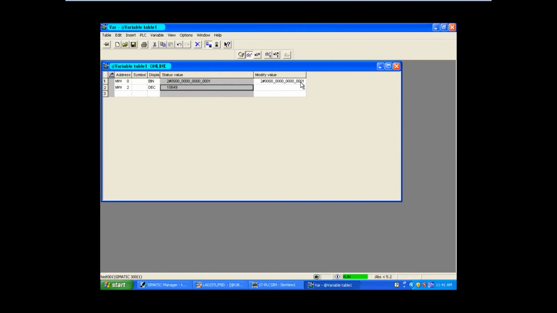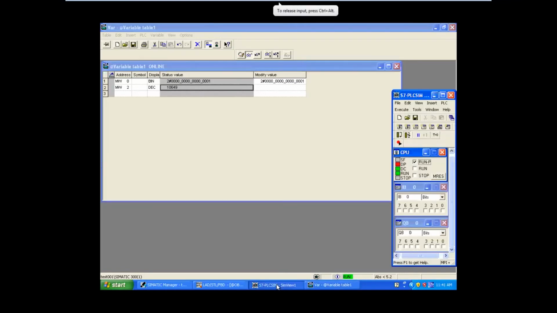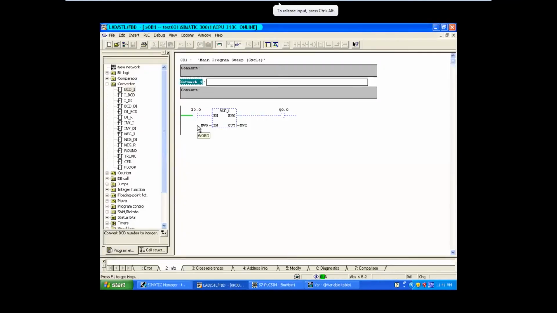Output should be 1, but here it is showing something else, because I have not turned on the input. I have given the input condition here, right? I 0.0. After this only the conversion will happen. This is what I have told you. Control is in the user's hand. The conversion will not happen until the user presses it.